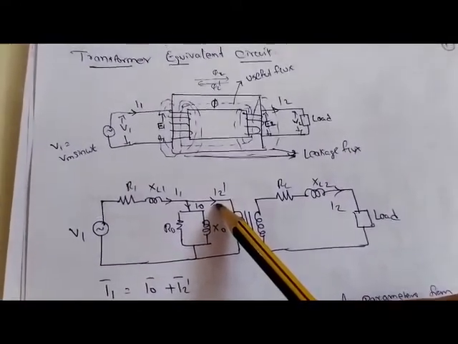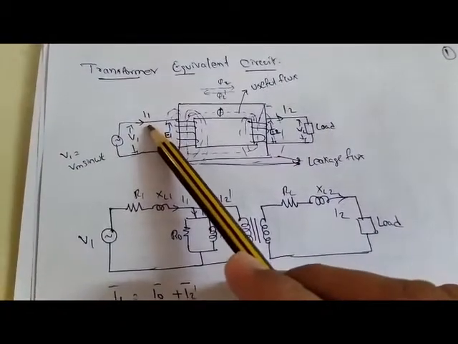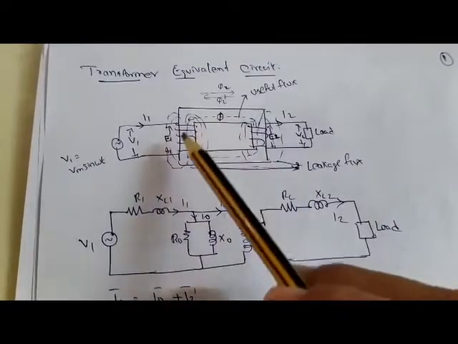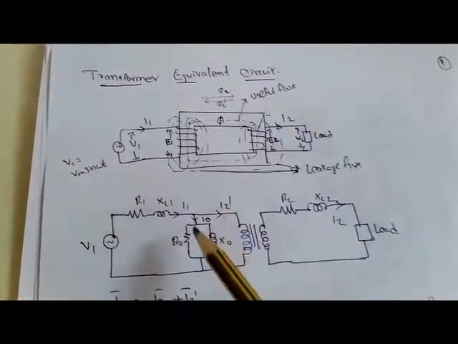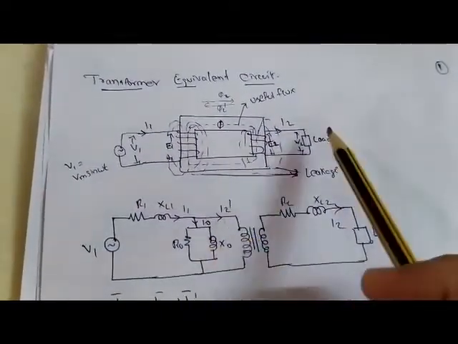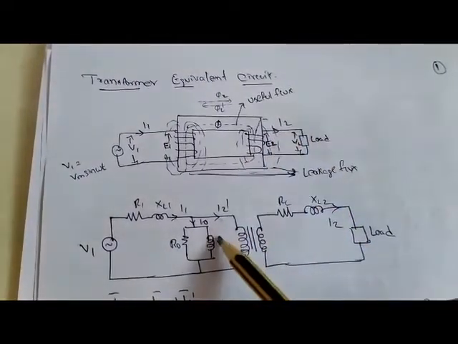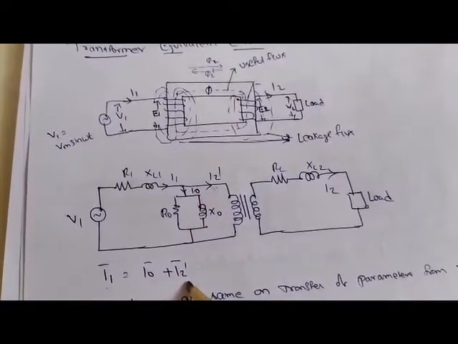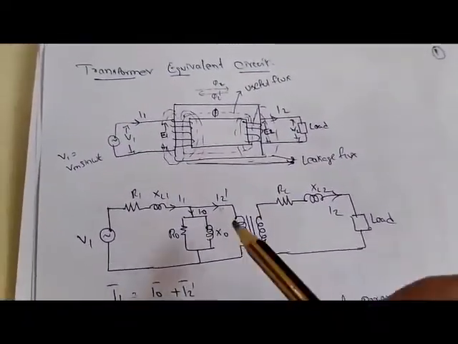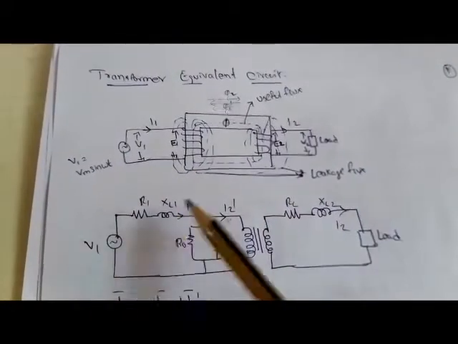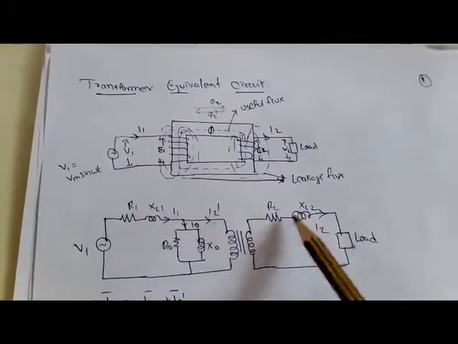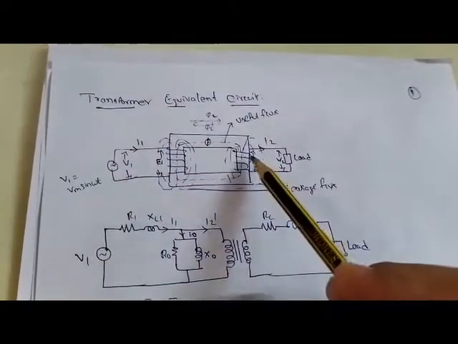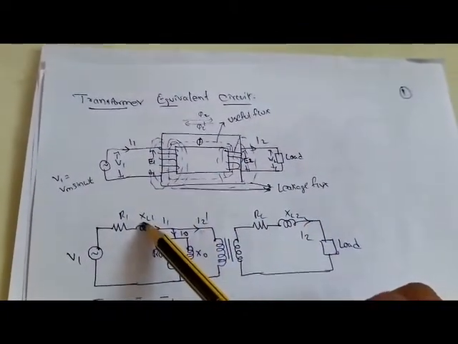Okay, so this I1 is a combination of the current required to magnetize this core, that is I0, and the current required to supply this load, that is I2 dash. So I1 is equal to I0 plus I2 dash. Okay. So the remaining things are R1, XL1, R2, XL2. R1 means the resistance of this winding, R2 is the resistance of this winding, and XL1 is the leakage reactance